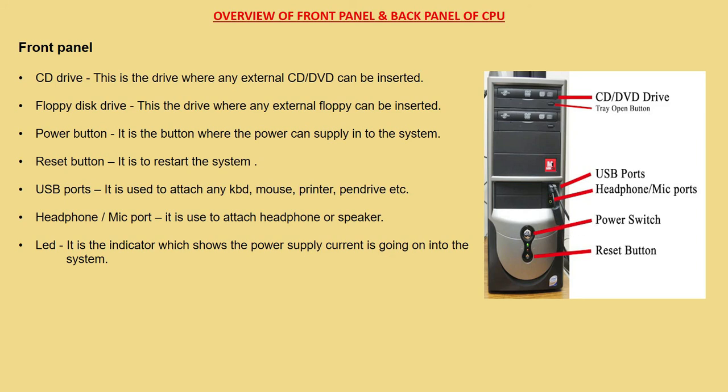So the major difference between the power button and the reset button is that the power button is for turning on your system properly, and the reset button is for turning on your system forcibly. Previously, when you shut down your system properly by clicking on start and the shutdown option, next day when you start, that starting option is done with the help of this power switch.